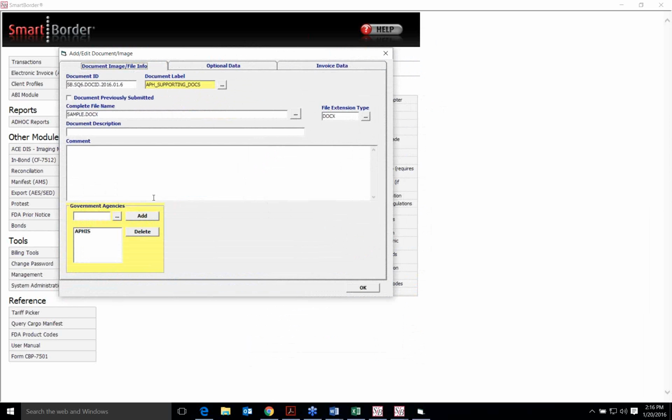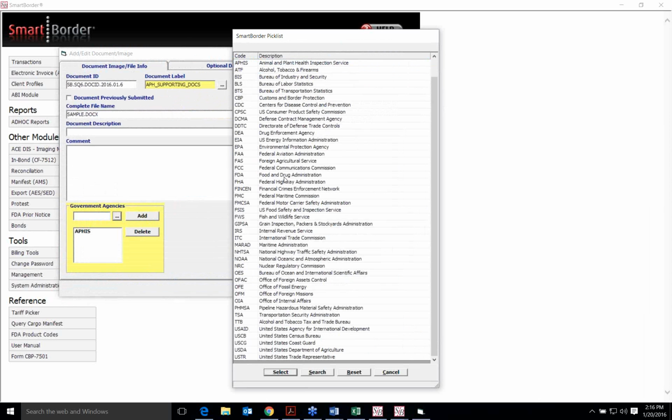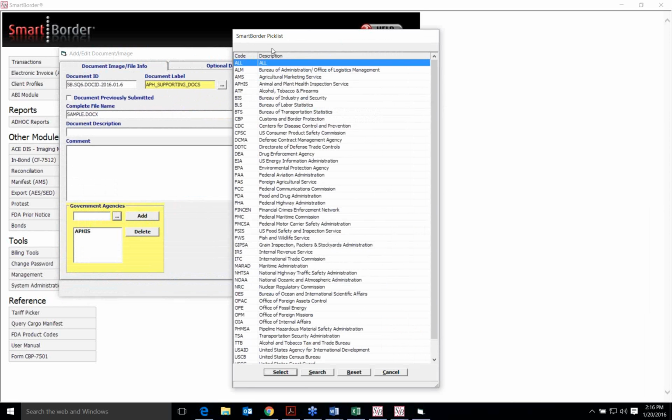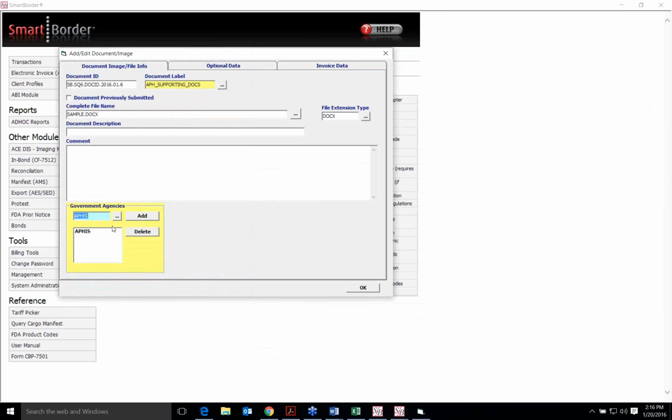And lastly, at the bottom of this screen, you'll see the government agencies. There's an ellipsis for you to select any and all appropriate government agencies to supply documentation to. There's all as well as APHIS. So for this example, I'm just going to select APHIS. And if you hit add, it will drop on down to the box here that shows and lets you know